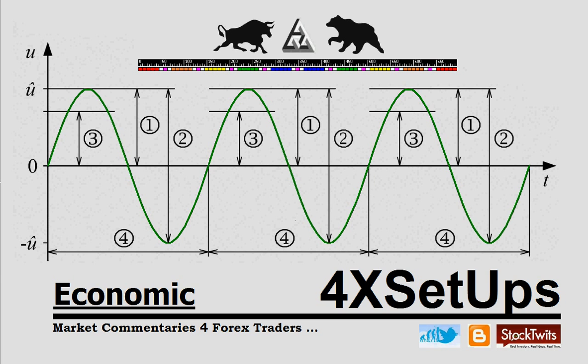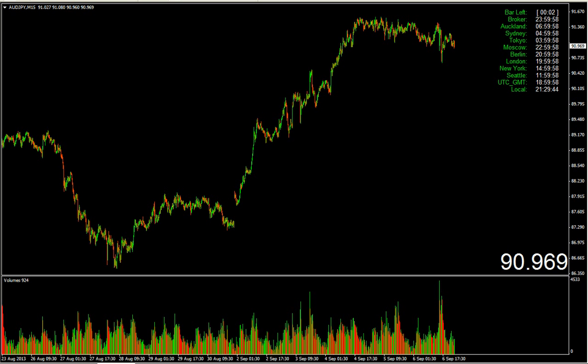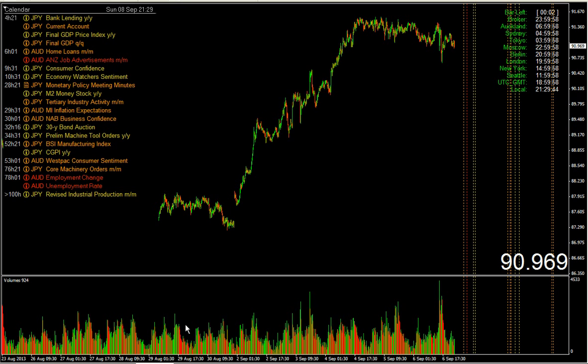I'm choosing Australian dollar, Japanese yen. Why? Three reasons. First reason, the Australian election is over. Second, we've got good Chinese data, a good trade balance from China. And third, this week the BOJ monthly report is ahead. So three influences. From this point of view, very interesting for this cross rate. I also tweeted this a few minutes ago, and now I want to give you a short outlook on trading capability.